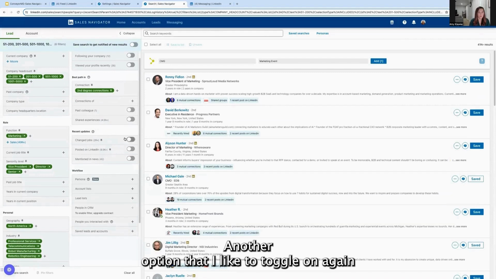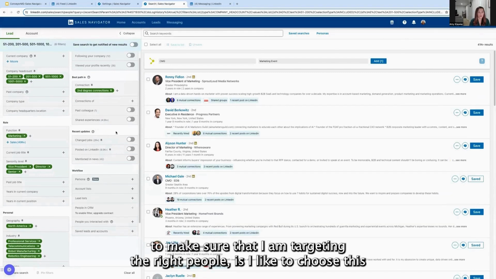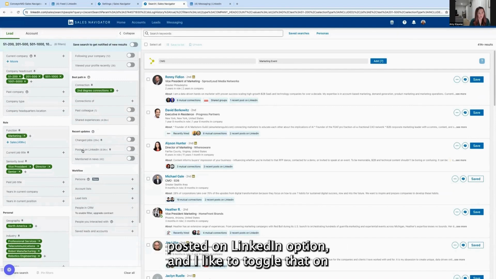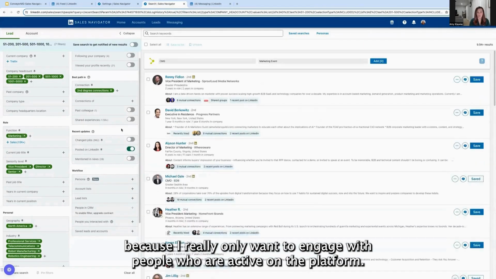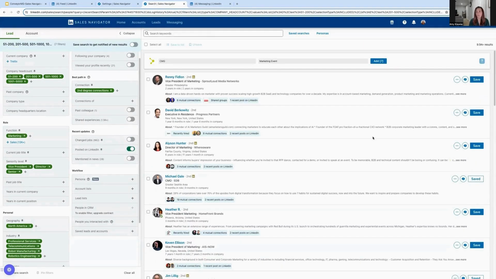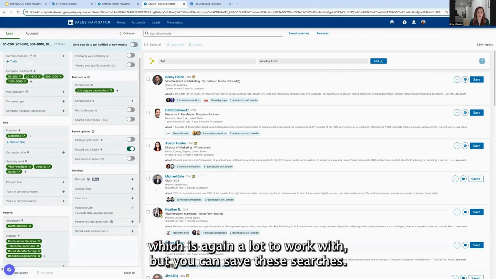Another option that I like to toggle on, again, to make sure that I am targeting the right people, is the posted on LinkedIn option. I like to toggle that on because I really only want to engage with people who are active on the platform. Now, this gives me 9.5 thousand results, which is, again, a lot to work with,